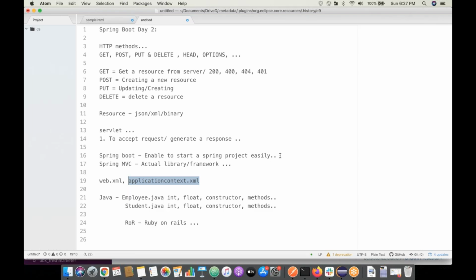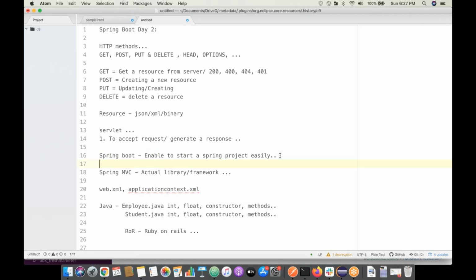Then came Spring Boot, right? Understand that Spring Boot is not a different technology. Spring MVC and Spring Boot go hand in hand, right? Spring Boot internally uses Spring MVC, right? If Spring MVC is there, Spring Boot